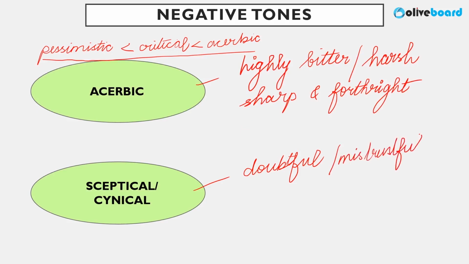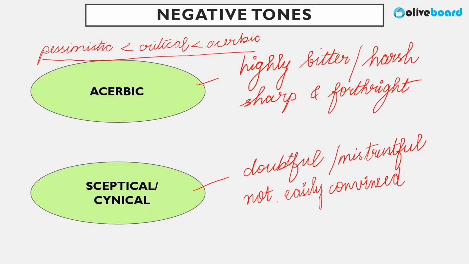The writer is showing that only people are worried about their selfish motives, nothing else. And the writer is never easily convinced about a particular thing. So not easily convinced about a scheme, about an event, about an approach. So when the writer is not easily convinced, it's just distrustful, very, very doubtful, then we say it is skeptical